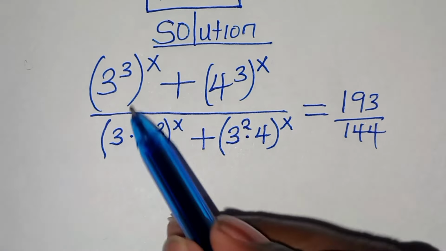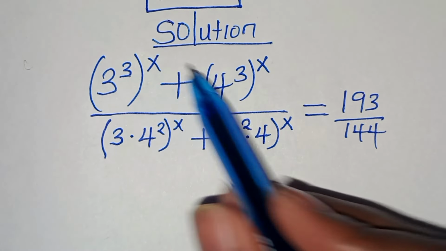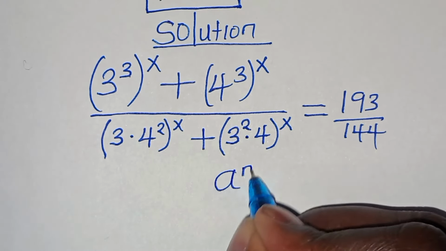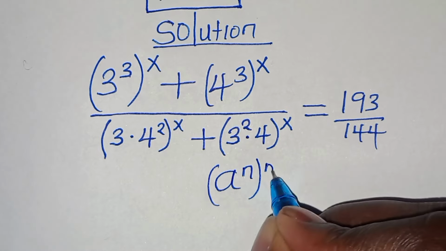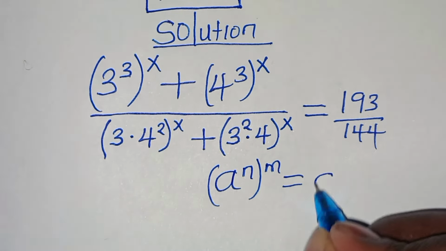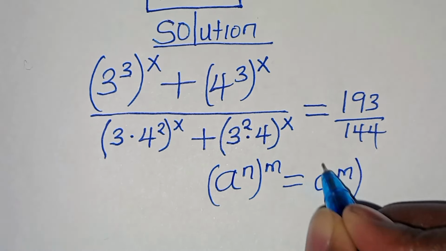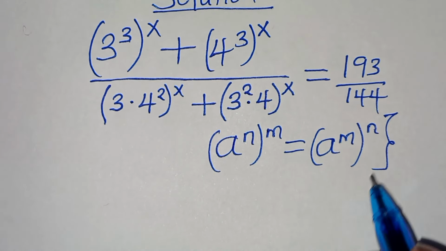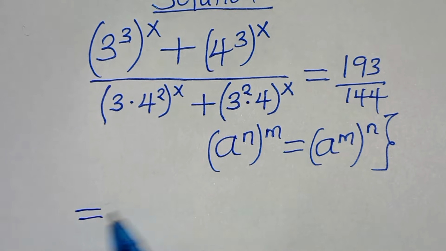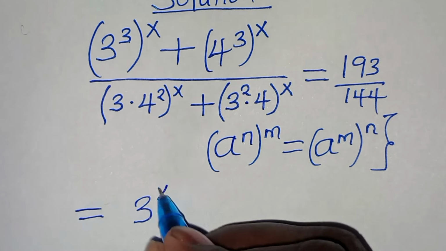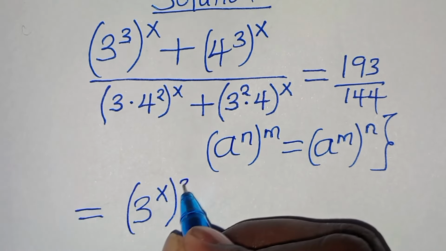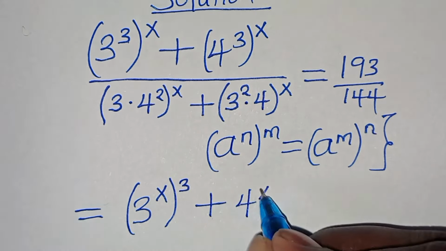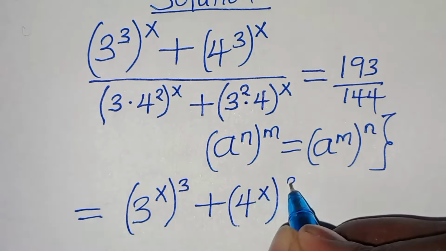The next step is that 3 to the power of 3 to the power of x and 4 to the power of 3 to the power of x. This is in the form of a to the power of n raised to the power of m, which we can express as a to the power of m raised to the power of n. So let's apply this property in the numerator so that now we have 3 to the power of x raised to the power of 3, then plus 4 to the power of x raised to the power of 3 divided by,